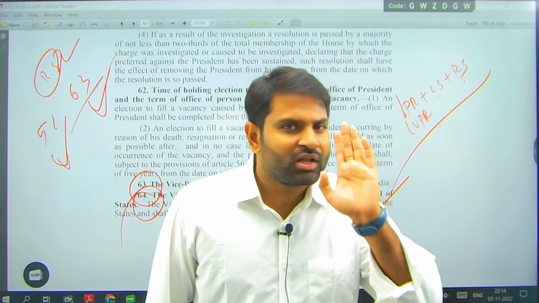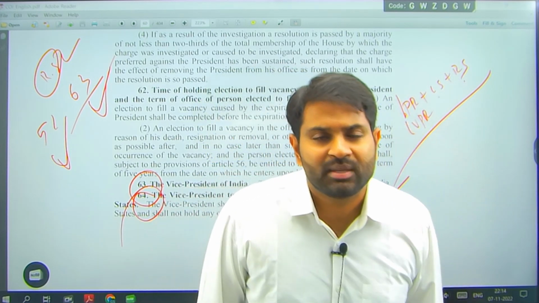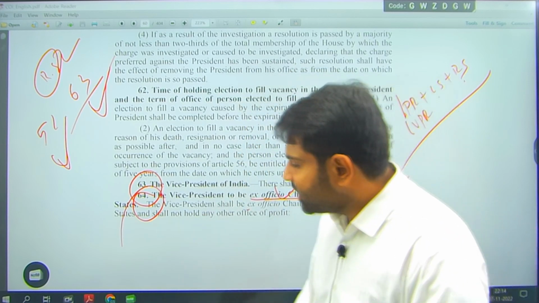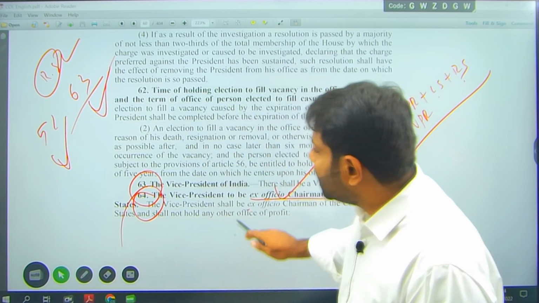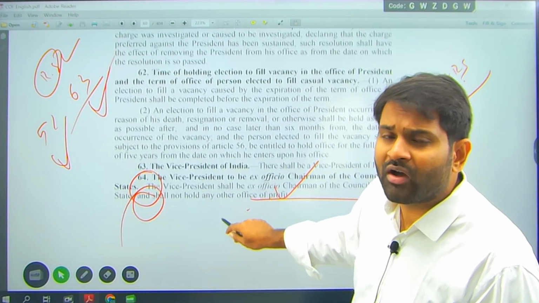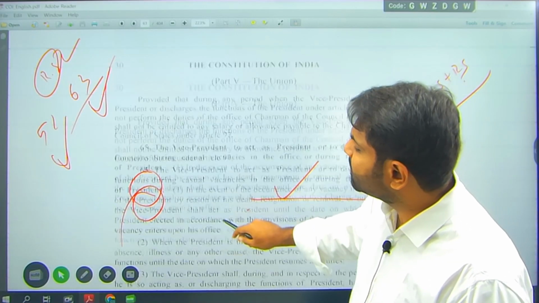Remember that. He is not elected to Rajya Sabha, he is elected as Vice President and doing duty as Rajya Sabha chairman. That is what we need to keep in mind. Article 63 talks about Vice President, there shall be Vice President of India. Article 64 says where he will sit? He will sit as a chairman of Rajya Sabha. He will take salaries, pensions, leaves, everything as a Rajya Sabha chairman.